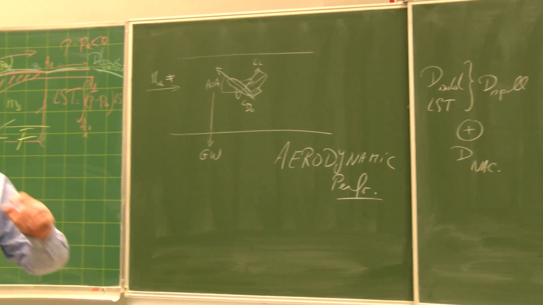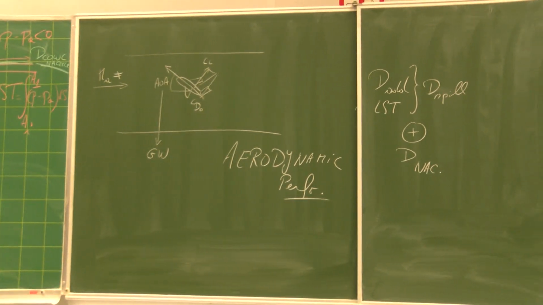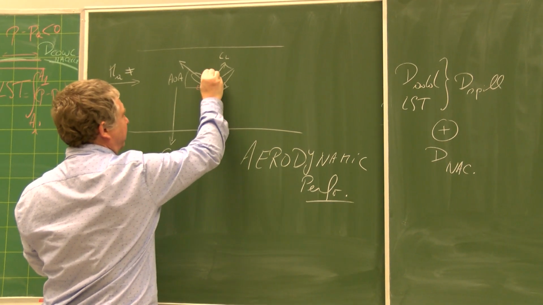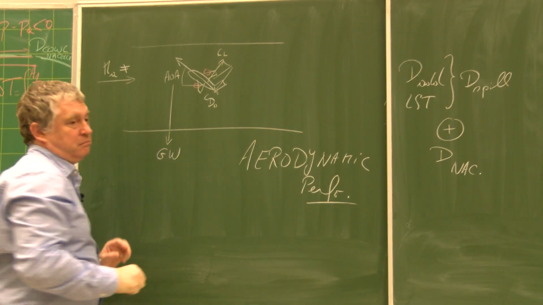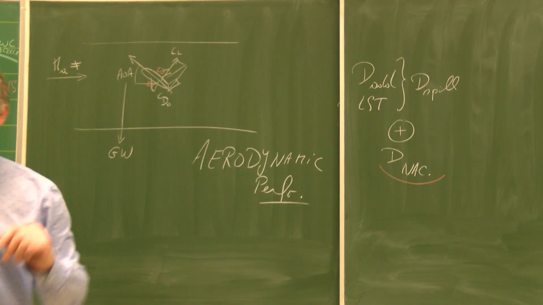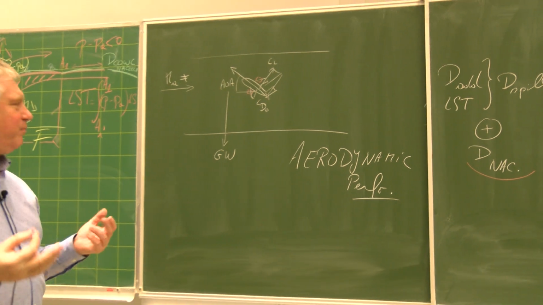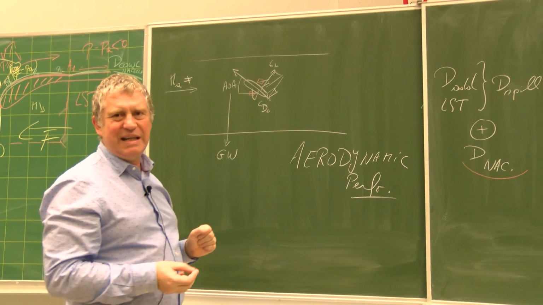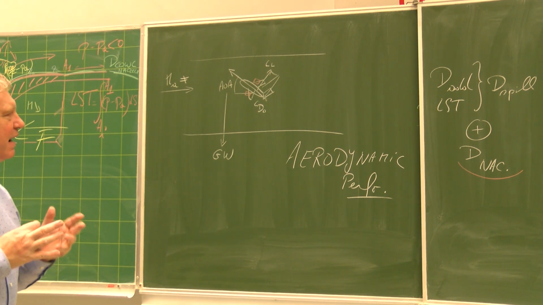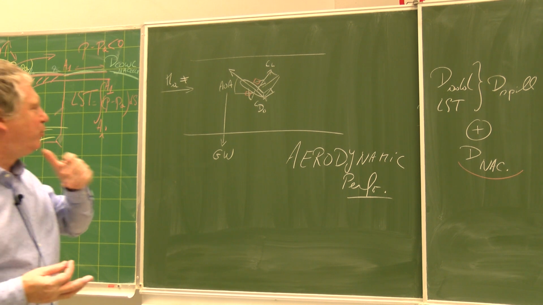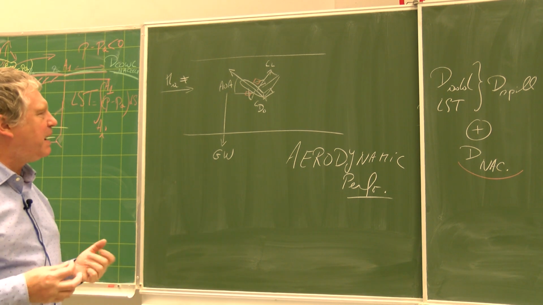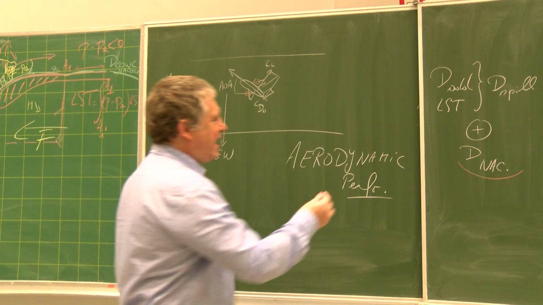And you will say me, no problem, no problem. I put an engine here. I put an engine here, and I put an engine there. Is it enough? You will say, yes, I will measure like this the influence of the nacelle, because in the CD0, I will have the D nacelle that is present there. Okay, certainly if you are very, let's say, clever, you will be able to do it without the engine, and then with the engine, you will have the D nacelle, and you will be able to check the coherence. But you still have this.